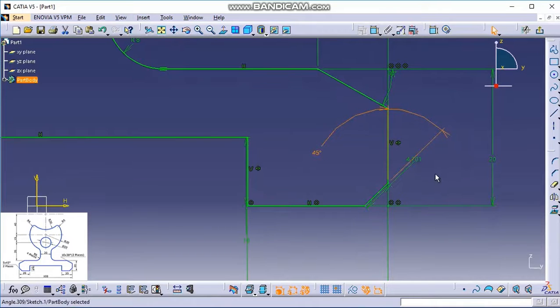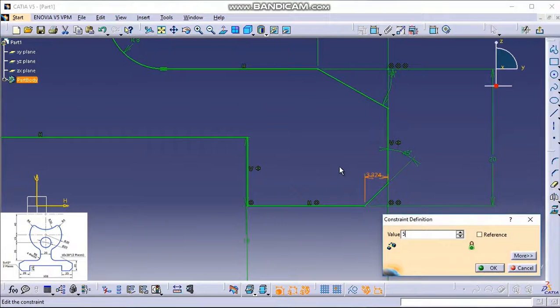Now I'll delete this dimension. This angle is 45 degrees. Let me keep it. And the distance is 5 mm. I'll take dimensioning from here to this line. This value is 5 mm.